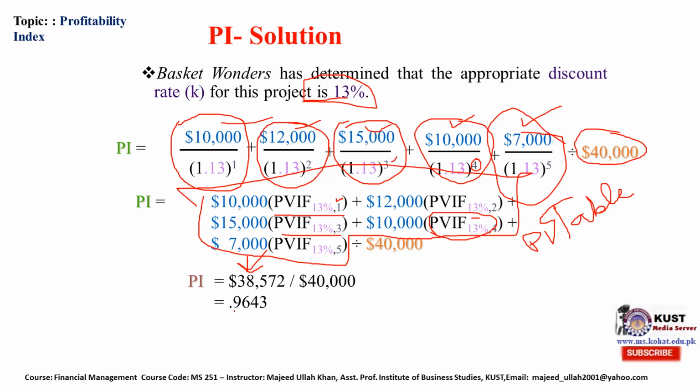Now what does this profitability index portray, what does it reveal, what is the meaning of this profitability index? The profitability index shows, for each dollar invested initially, how much you will get for the whole life of the project. So we will get